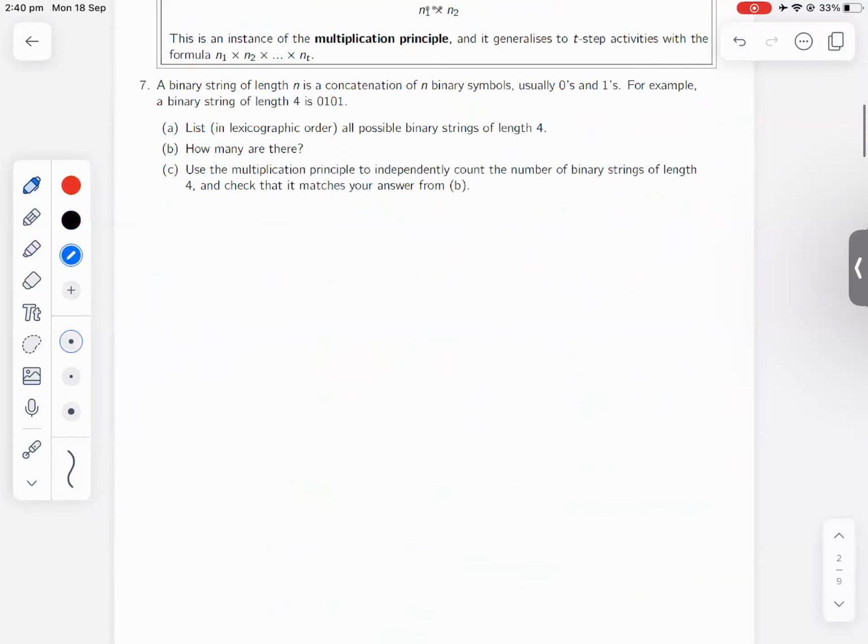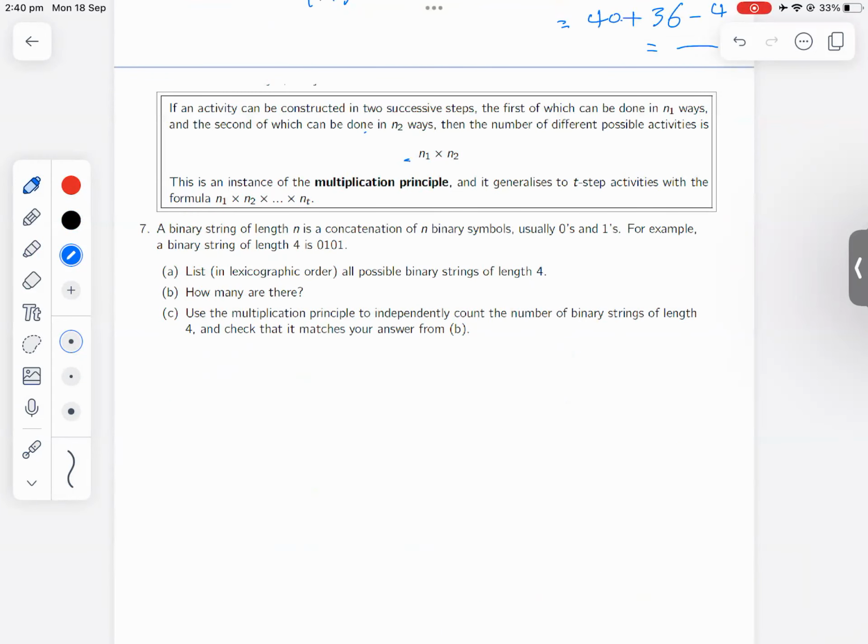All right, so now here is the multiplication principle, and there will be lots of questions related to this. Now this question says that we have a binary string of length 4. Binary means the digits are chosen to be 0 or 1. So length 4. And if we list them in lexicographic order, it will be like this: